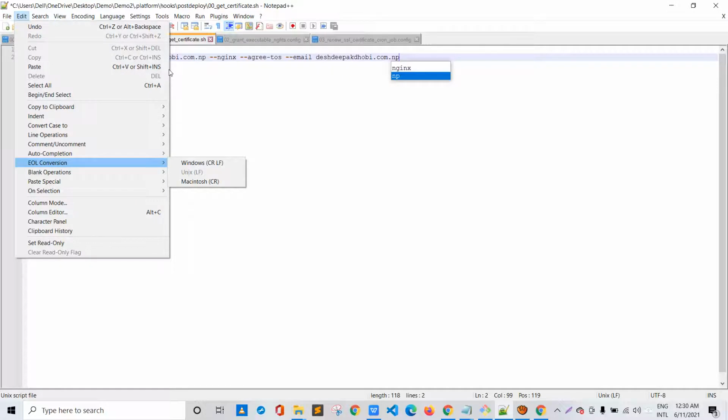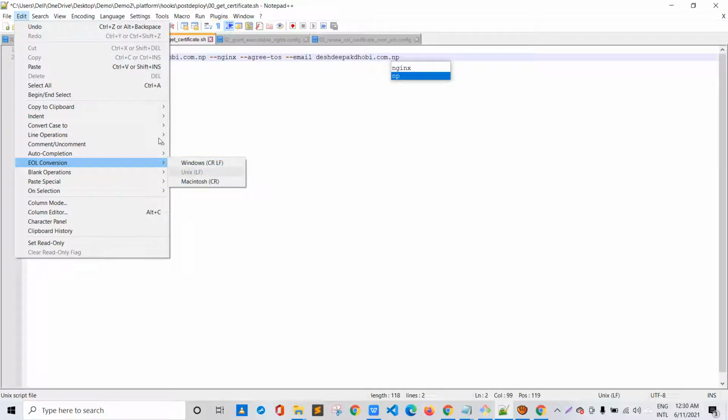So if you choose Windows, then it will create specific errors, and your SSL certificate will not be configured properly and will create an error. So this is the most important part.